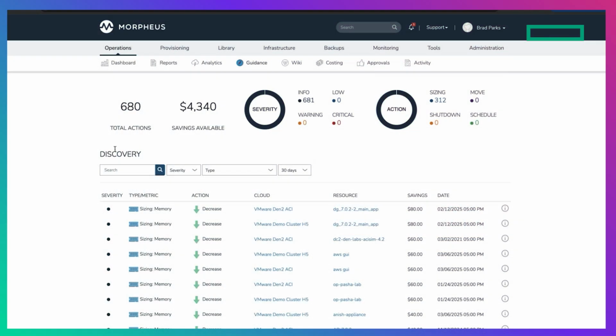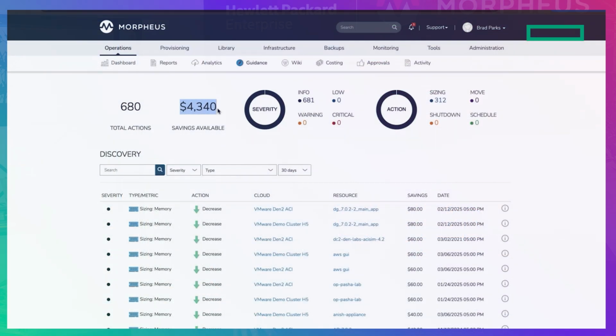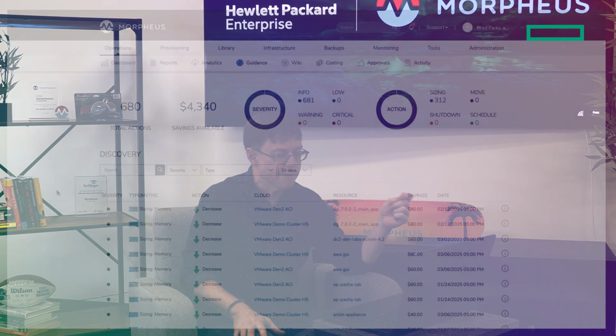So here, I'm attached to a number of different clouds, but I can see that Morpheus has actually run some analytics to say I may be over-provisioned either on premises or in the public cloud. So let's say, for example, I let a user provision an extra large machine up in AWS, but they're only using 5% of its available memory or CPU. That's a gigantic waste of money. And here in our own demo environment, don't tell Antonio, we're wasting $4,300 a month in our public and private cloud environment.